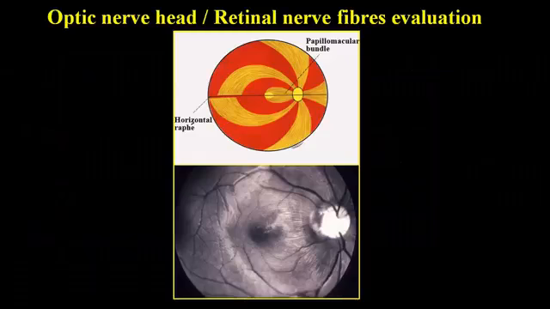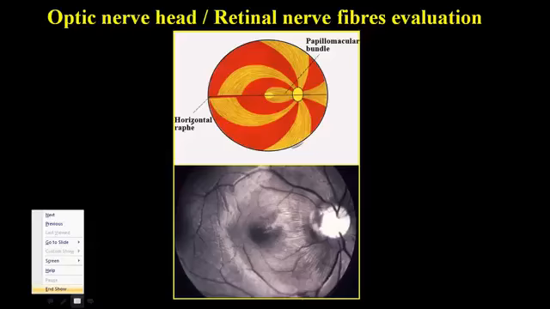After examining the disc, evaluate the fundus for evidence of any other disease, and in particular you have to look for an old branch retinal vessel occlusion or other retinal lesions that might correspond with any visual field defect. The optic nerves should be photographed for the sake of future comparison.